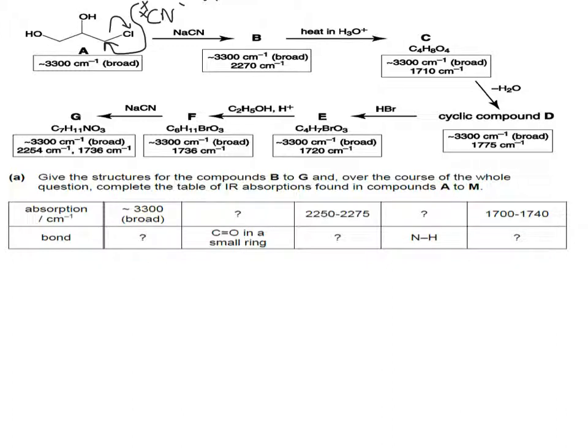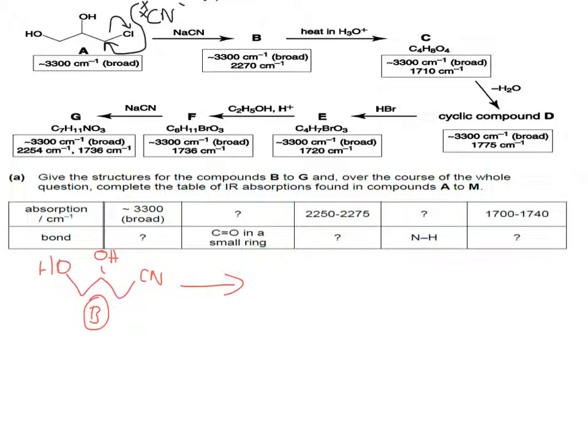So if I just draw B here, I'm just hoping we've got enough room on this page, and this is the worst stylus I think I could have possibly bought. And we've replaced the Cl with the CN. Now CN is always or often used in organic chemistry to build up carbon chains,